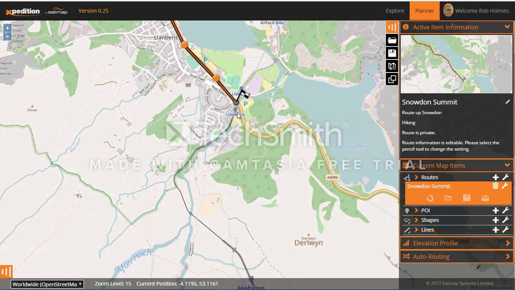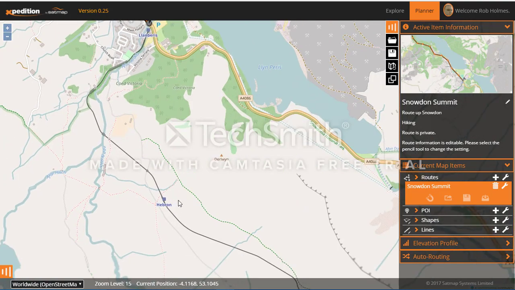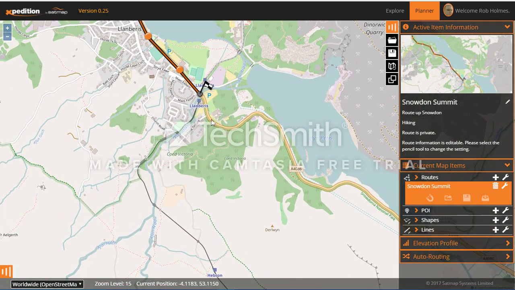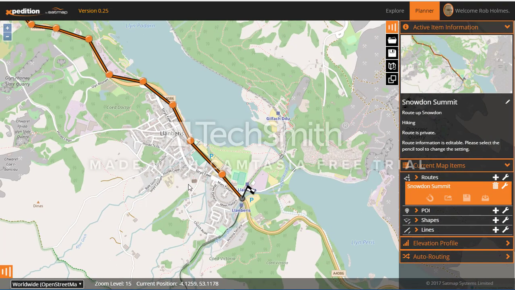And at this point, I'm going to come up the track, but I'd quite like to speed this operation up, because trying to go along this complex path, as you can see, I've not done a very good job here, and it's going to take quite a long time. So I'm now going to turn on the Snap to Track just by clicking on it,